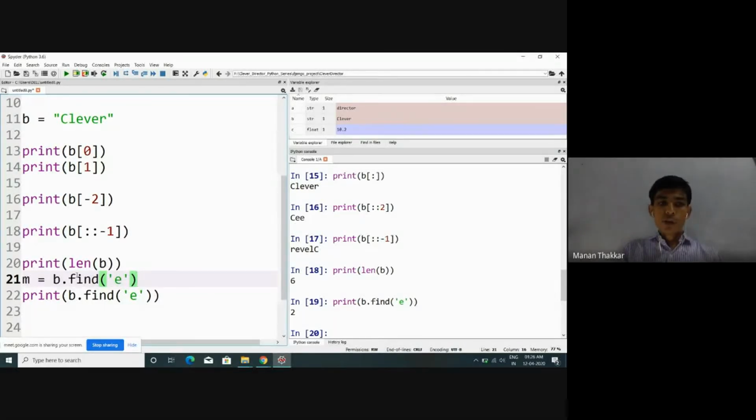So we know that m is holding the index of the very first e, that is 2. But if I want to display the very next e index, what am I supposed to do? I need to start scanning my string from this e afterwards, right? Otherwise, if I display the index of e, by default it will take the very first e index. But if I want to check the index of the very next e, I want to scan my string from this